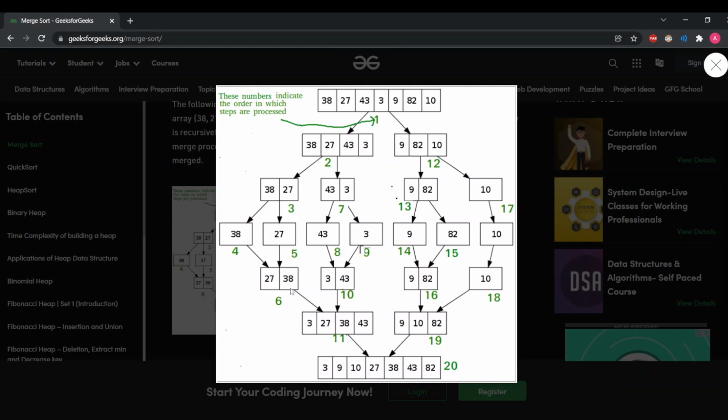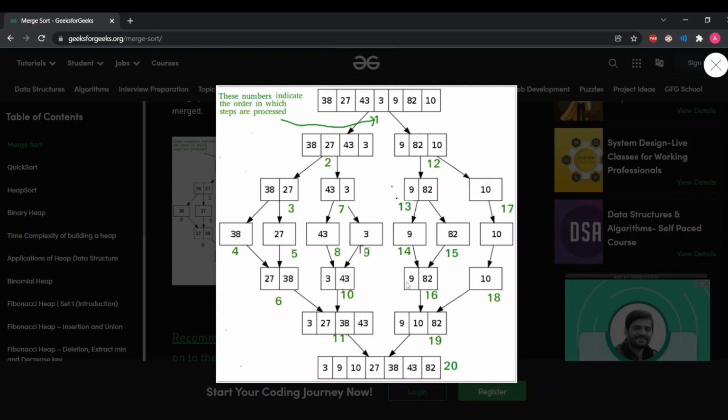Now 38 is compared with 43. As 38 is less than 43, 38 will come first and 43 is the only element left, so it will come at the end. Now 9, 82 and 10: these three elements are compared. 9 is compared with 10. As 9 is smaller than 10, 9 will come first, 10 will come after that, and then we'll have 82.